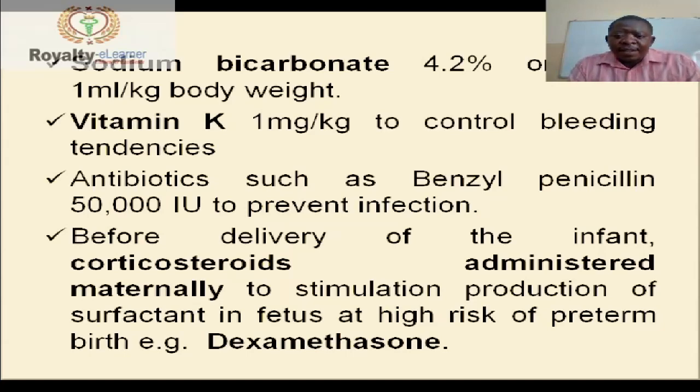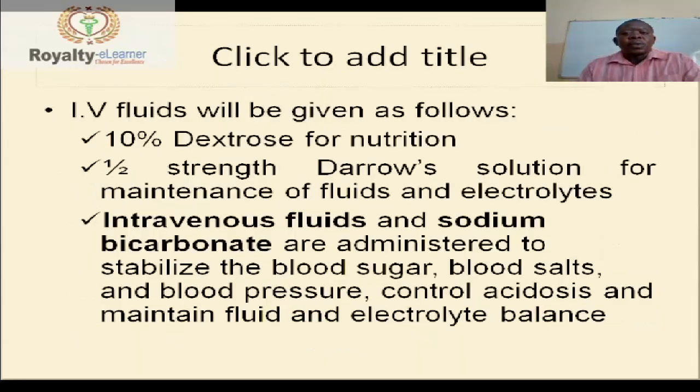Before delivery of the infant, corticosteroids are administered maternally to stimulate production of surfactant in the fetus. That is when there is high risk of preterm birth, e.g., dexamethasone can be given. Okay, so that is before delivery of the infant. Corticosteroids can be administered. IV fluids can be given as follows: 10% dextrose for nutrition, half strength Darrow's solution